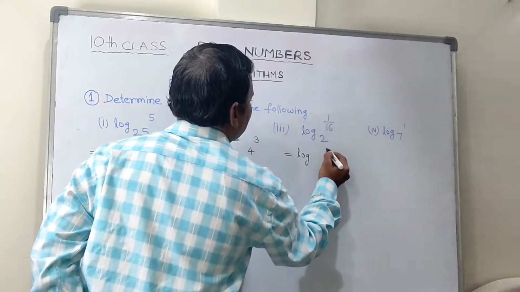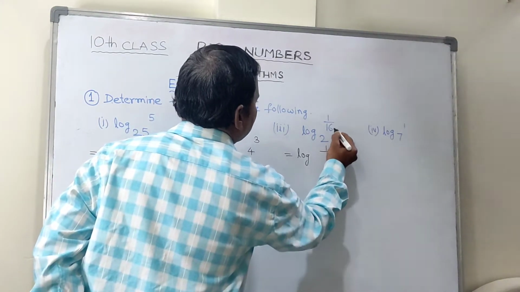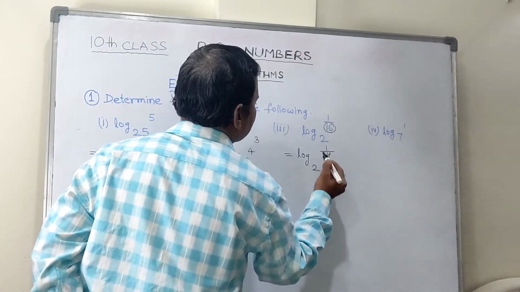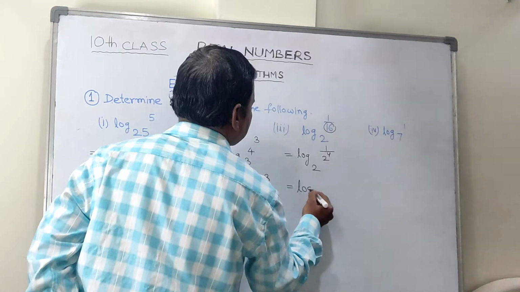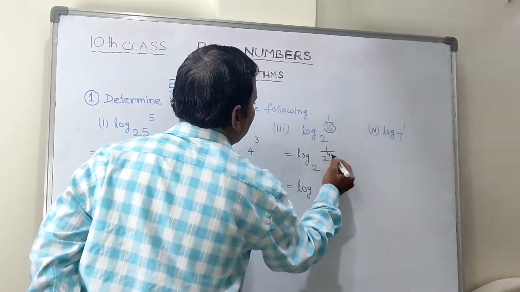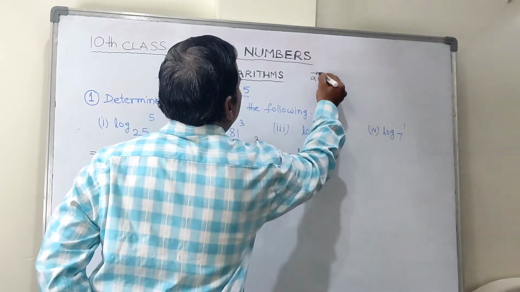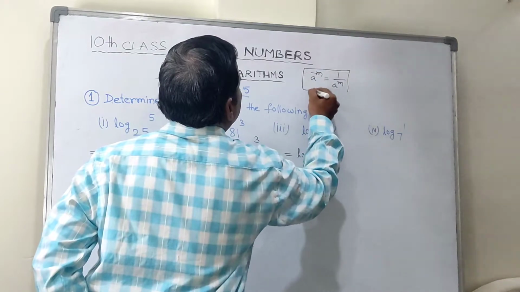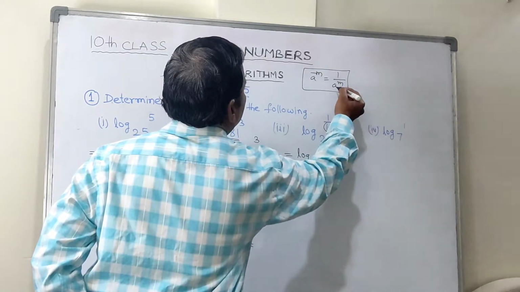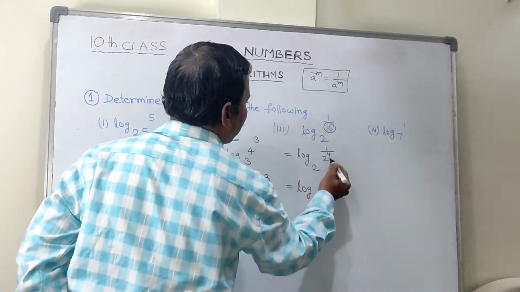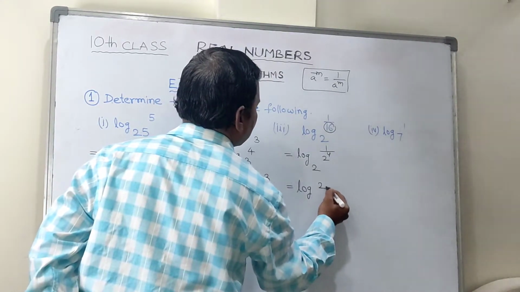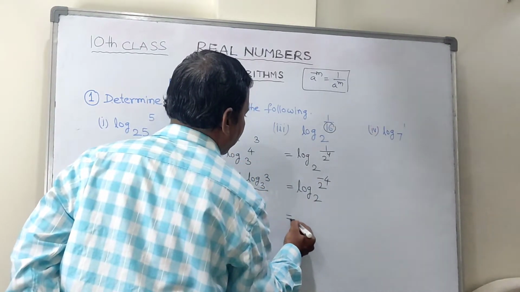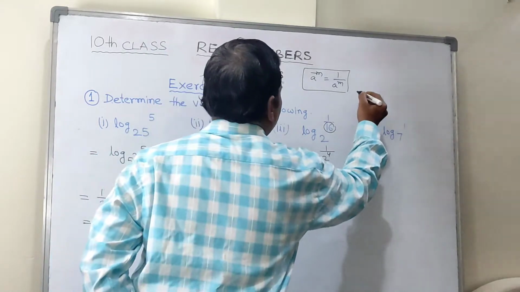log 1 by 16, 16 we can write 2 power 4, base is given 2. Again 1 by 2 power 4, it is there like this, a power minus m is equal to 1 by a power m. Means whenever we remove 1 by, the exponent becomes negative. Here also this we can write 2 to the power of minus 4. Already base is given 2. So this is like the formula